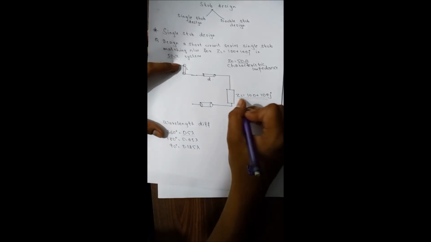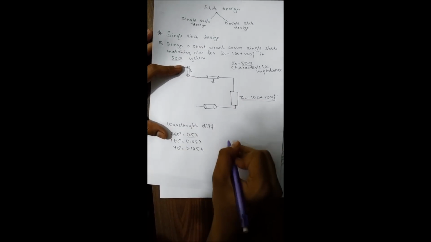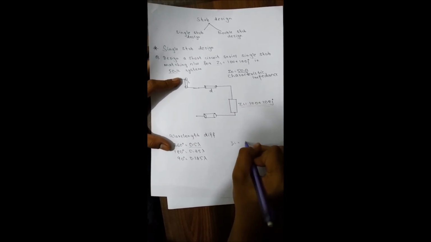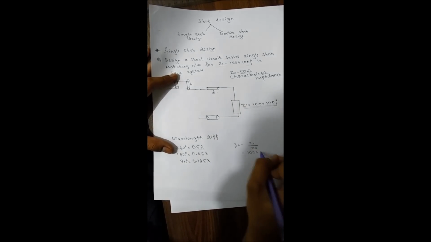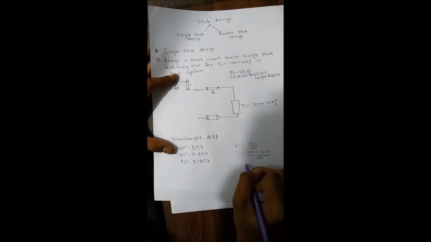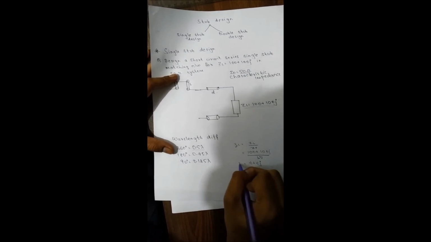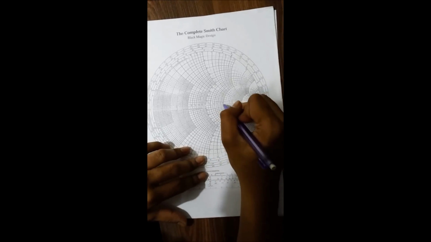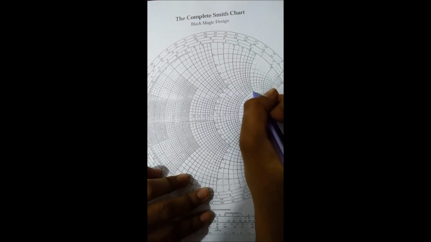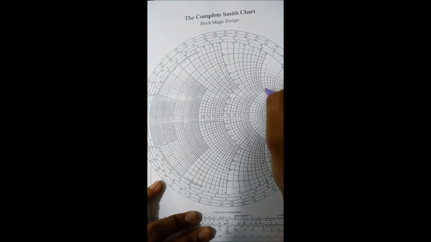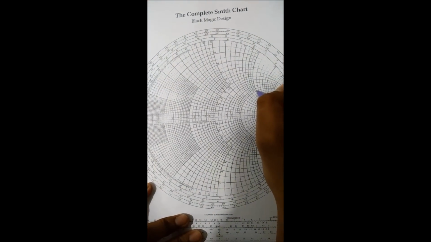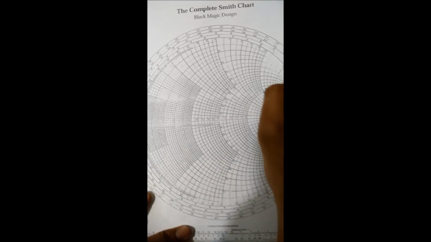Okay, let's begin. We have the load impedance. First, we normalize the impedance, which is denoted by zL, which is ZL upon Z0. So we get 100 plus 100j upon 50, which will be 2 plus 2j. Now we plot this point on the Smith chart. This is the point 2, and it is plus 2j, that means it is inductive. So both of them coincide over here, so that is the point where we get zL.